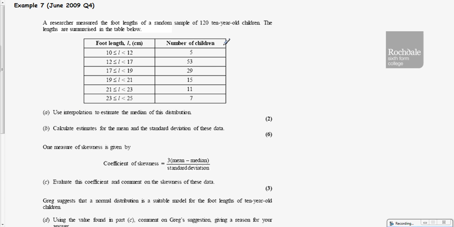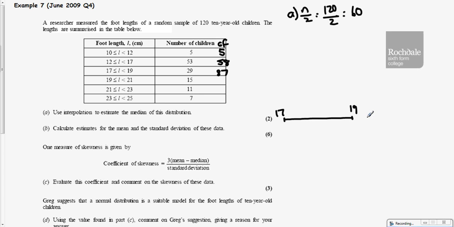Now, if you remember, when we're doing the median, we work out n over 2. They've told us it's 120 children, so divide that by 2, it's 60. Now, it's grouped data, remember, so we're not going to round it, we're going to leave it as it is there. Let's see, we've got a cumulative frequency of 5, 58, don't think I'm going to have to go too much further, 87. I think I'll stop there because I'm after item number 60, so I know it's in this interval here, 17 to 19. So I draw a little picture of this interval,